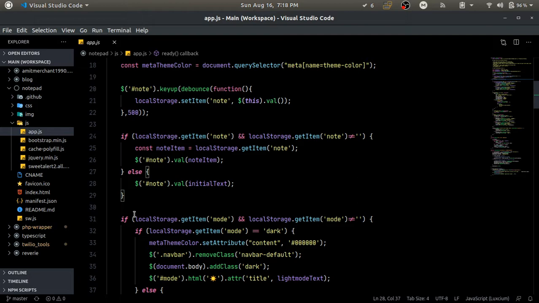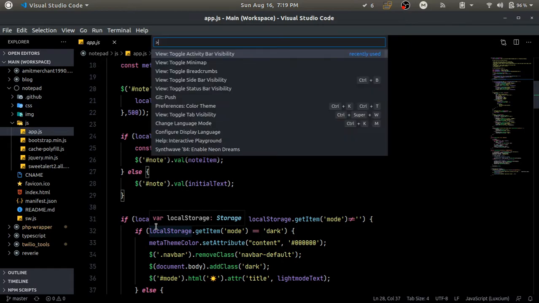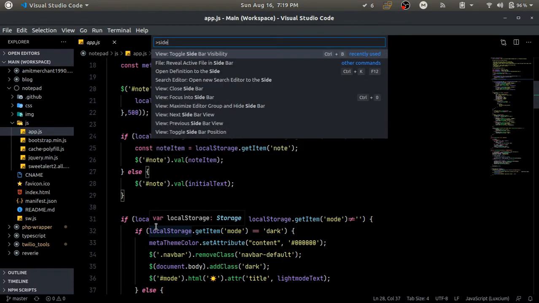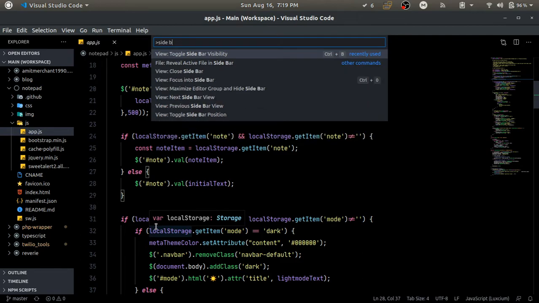So that is that. The next thing that we will get rid of is this sidebar itself. For this, all we need to do is invoke the command palette again and find the sidebar. Here we have an option called toggle sidebar visibility.